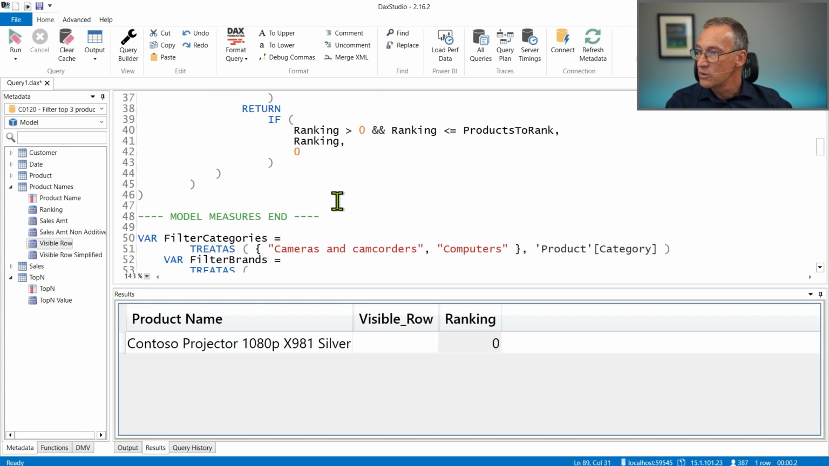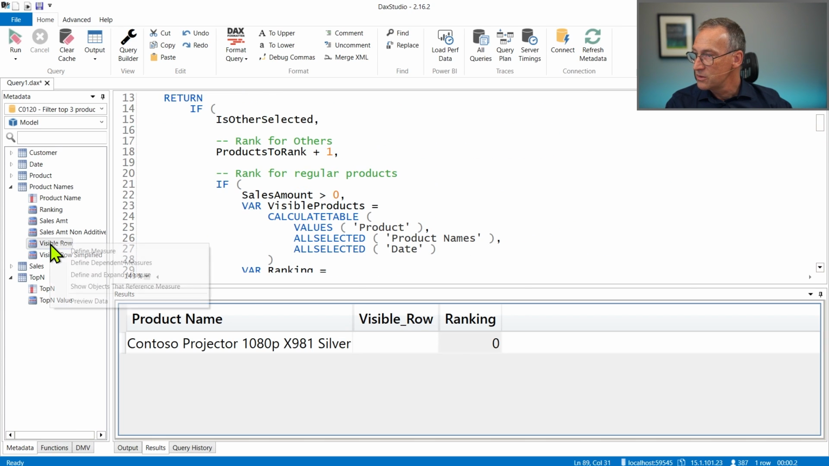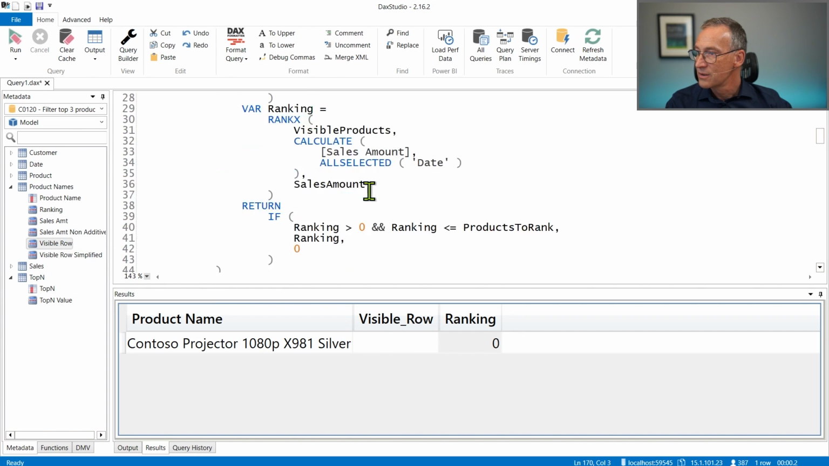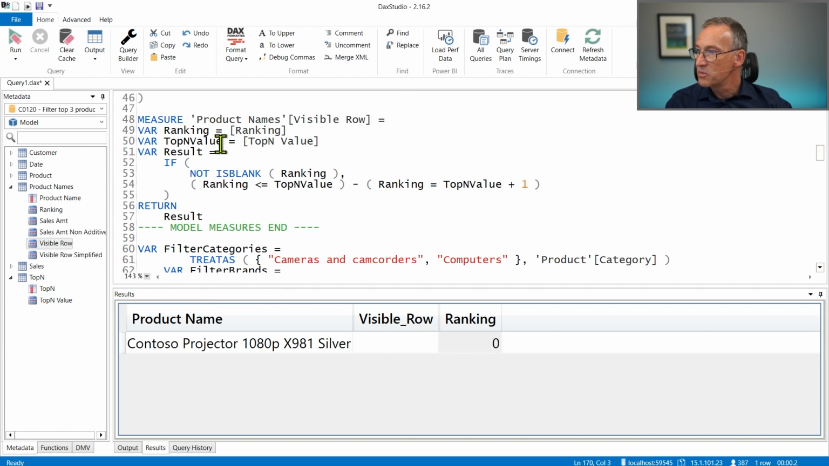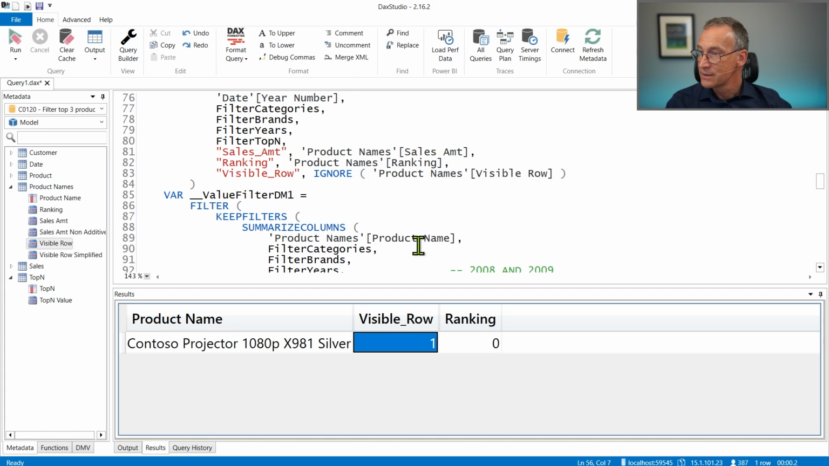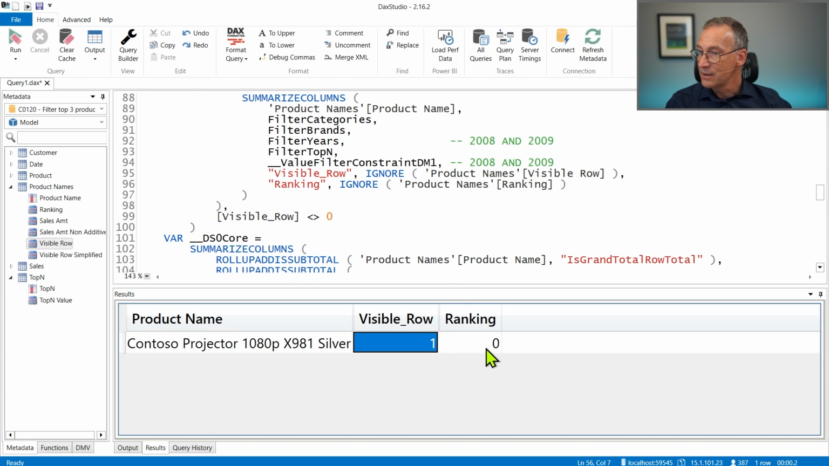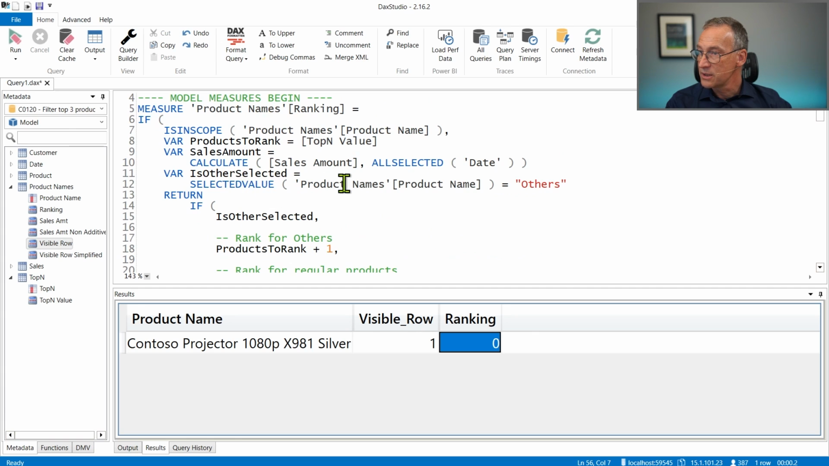where is my visible row? I don't have it anymore. Okay, visible row computes the ranking, checks that it is not blank, it is less than or equal to the top n value plus 1. So under this condition, the ranking going to 0 should not be visible. And if we run it, visible row is 1 and ranking is 0 because here we check,